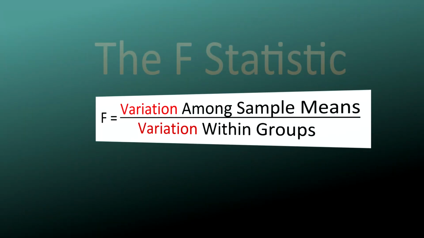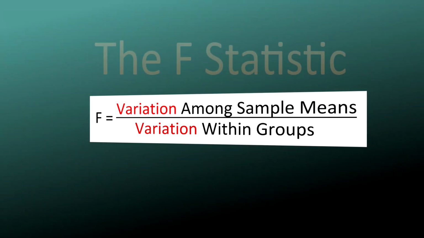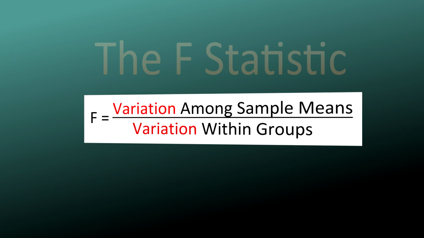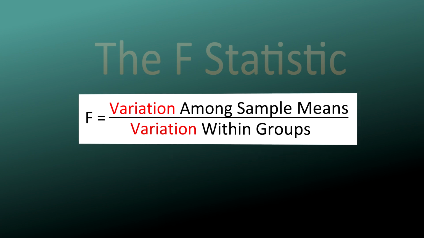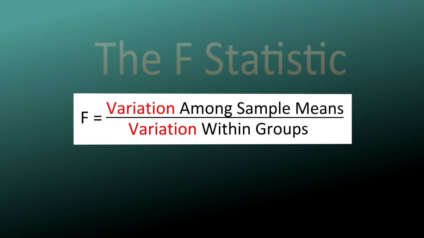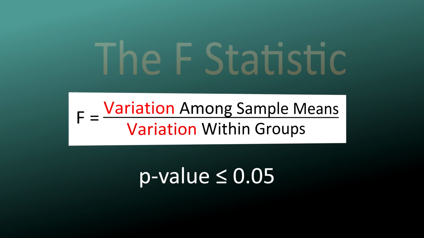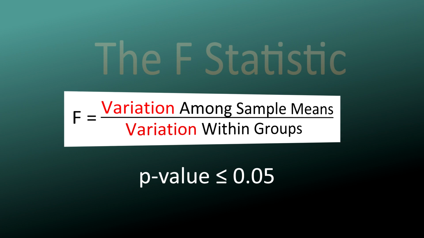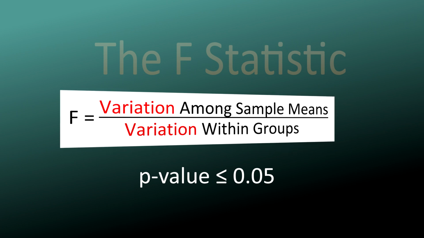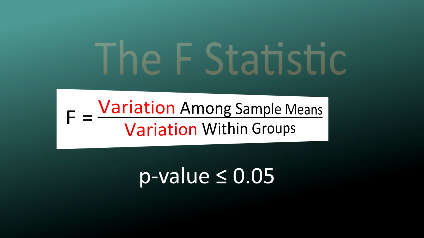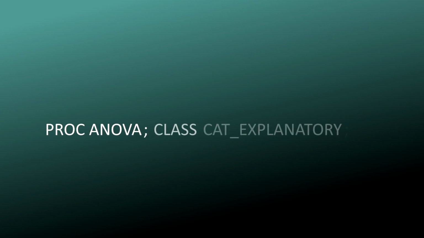The F statistic is calculated by comparing the variation among sample means to the variation within groups. If the variation among sample means wins out, the p-value will be less than or equal to 0.05, and we have a significant finding. This would allow us to reject the null hypothesis and say that the explanatory and response variables are associated. The model SAS syntax for conducting an analysis of variance is the following: Proc ANOVA, semicolon, class,